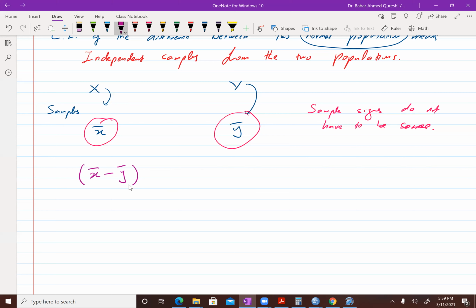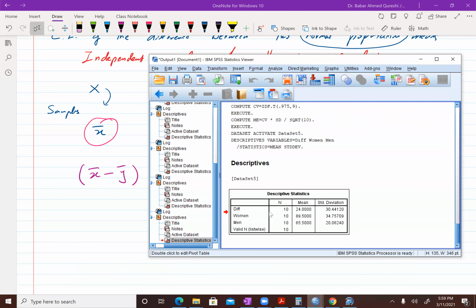So if I take this sample, I get a number for population X and a number for population Y, like I got in this table. I got that men put in 65, women put in about 90. So I could say that women put in 25 minutes more. But that would be just what you call a point estimate. Since it's a statistical analysis and you just took a small sample, there is a chance that this would not be equal to the true mean of the population.